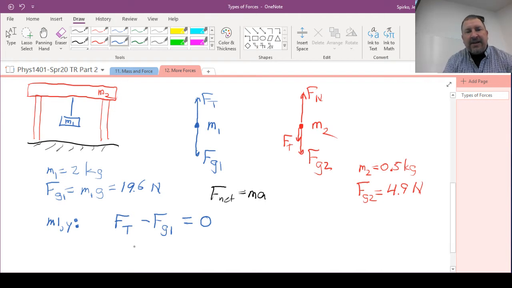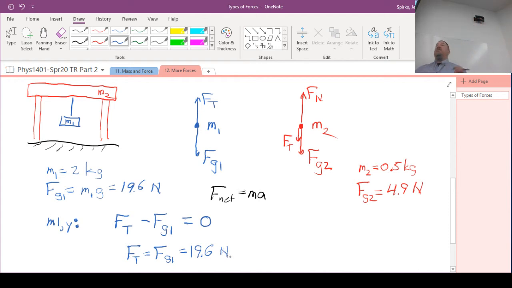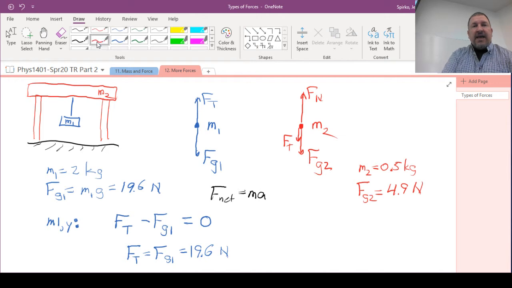So that's what tells me that Ft is equal to Fg1. And we already calculated the number, so it's 19.6 newtons. So we got some results out of that already. We know how strong the tension in that blue string is. Now we can go over to the other object and analyze M2